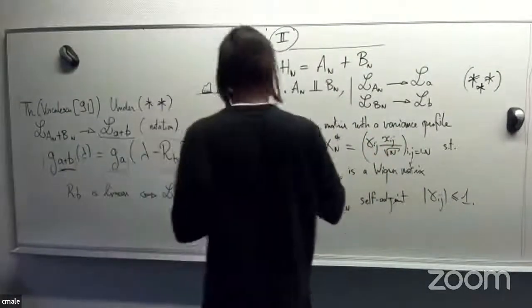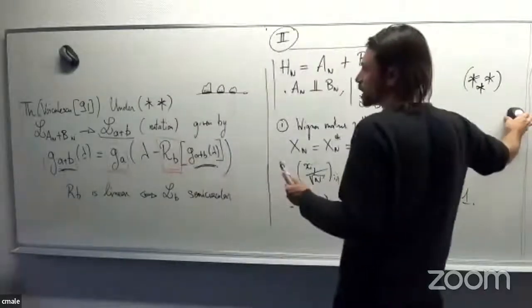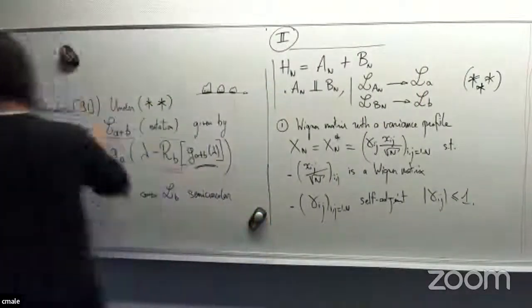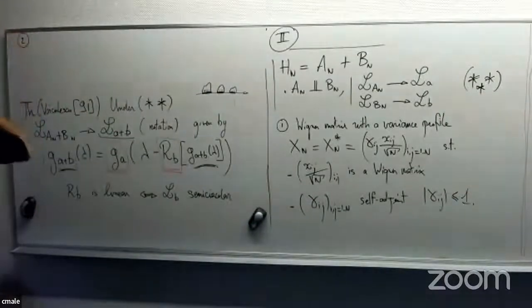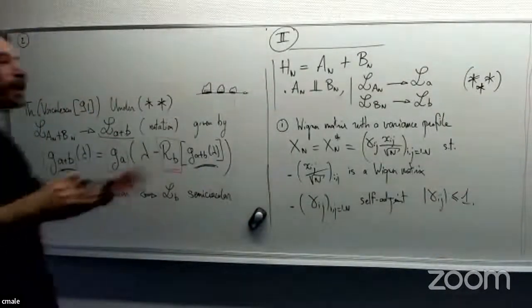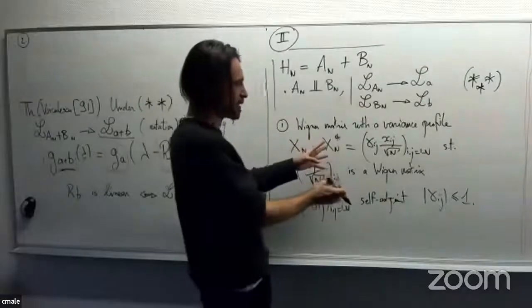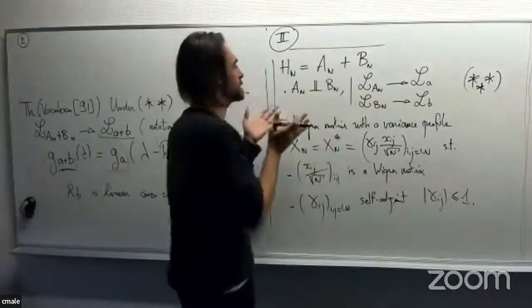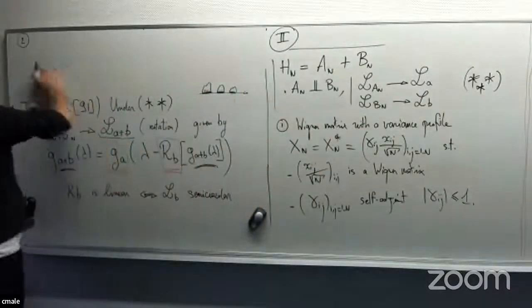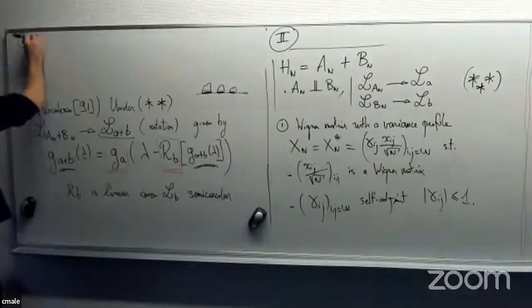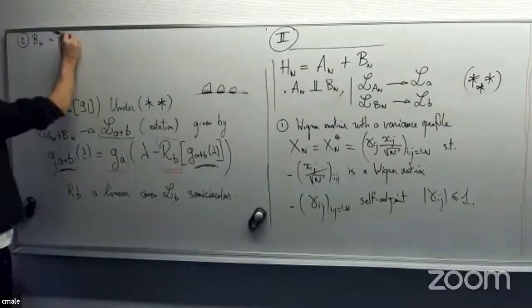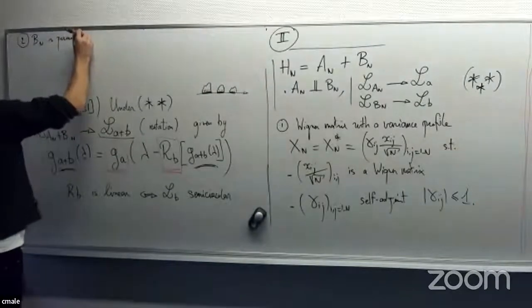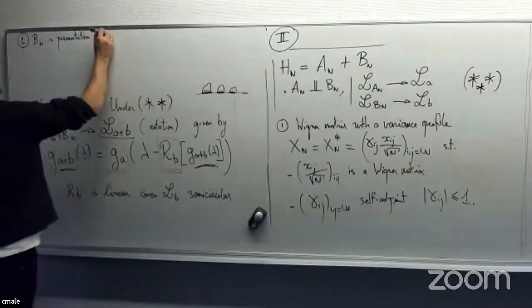So this is the first kind of generalization I want to consider. And the second kind relaxes the unitary invariance. We say that a random matrix B_n is permutation invariant